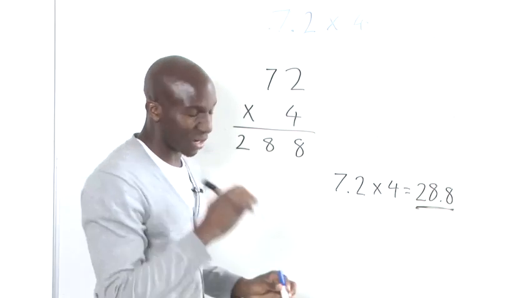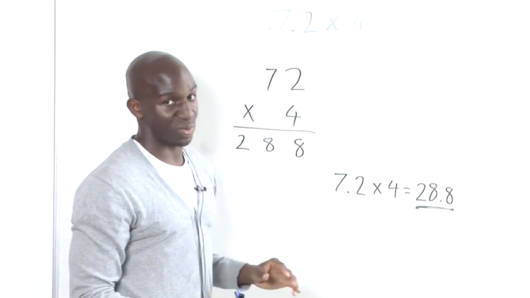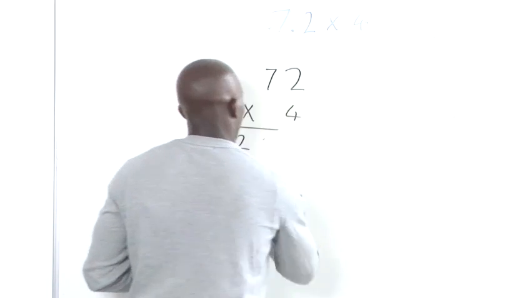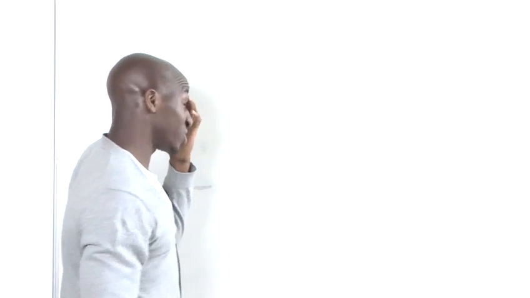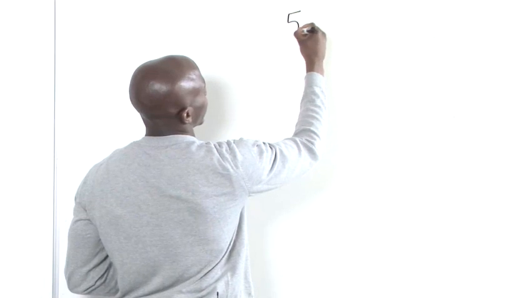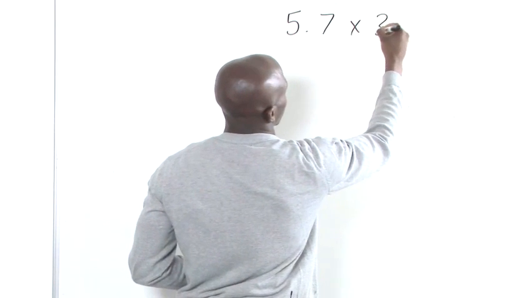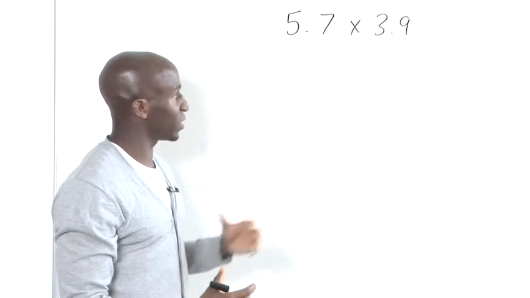So now what we're going to try to do is work with two numbers that have decimals in them and multiply them together, of course. Right, so the question that I'm going to throw out now is, what is 5.7 times 3.9? Now this does look tricky at the beginning, but as I said, if you just use the technique of